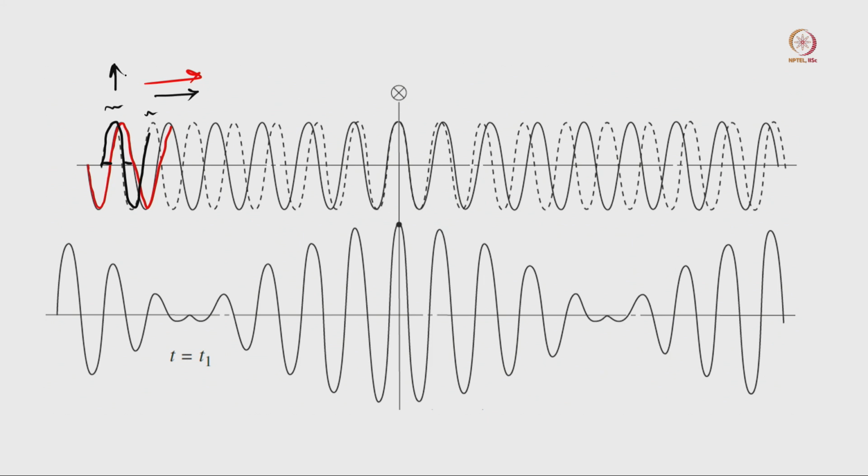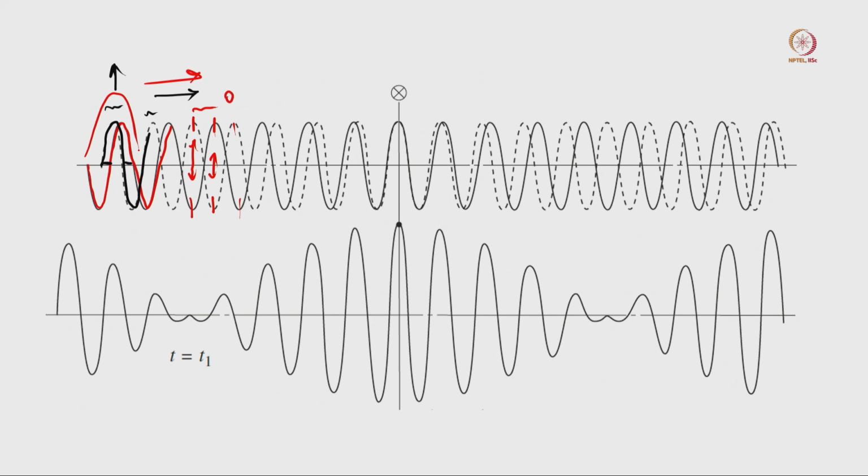amplitude. But if you go further, if you look at this particular position, you can see these waves are completely opposite with each other. That means they are neutralizing each other completely. If you consider the amplitude of those, it is almost near 0. But here the amplitude is going to boost.